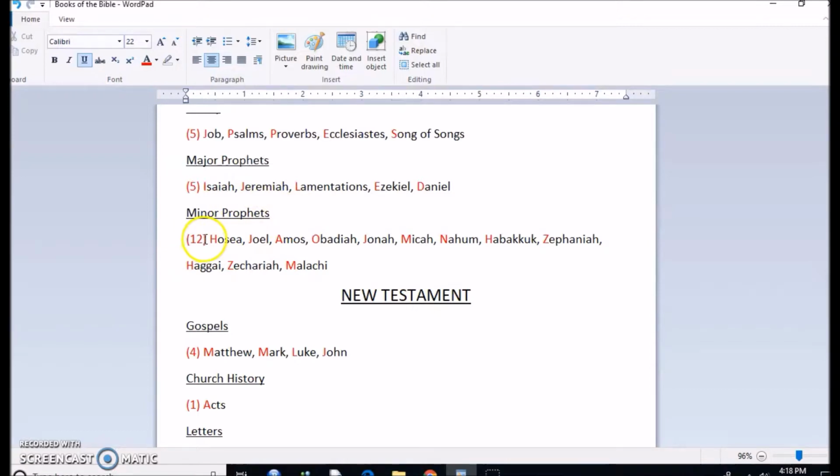Alright, the next category will be the minor prophets. And we have 12 of the minor prophets. So we have Hosea, Joel, Amos, Obadiah, Jonah, Micah, Nahum, Habakkuk, Zephaniah, Haggai, Zechariah, and Malachi. So again, we have 12 minor prophets, and they are Hosea, Joel, Amos, Obadiah, Jonah, Micah, Nahum, Habakkuk, Zephaniah, Haggai,